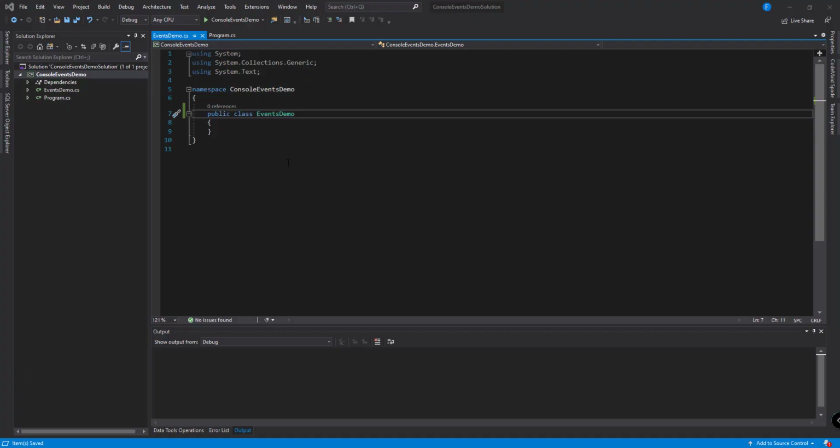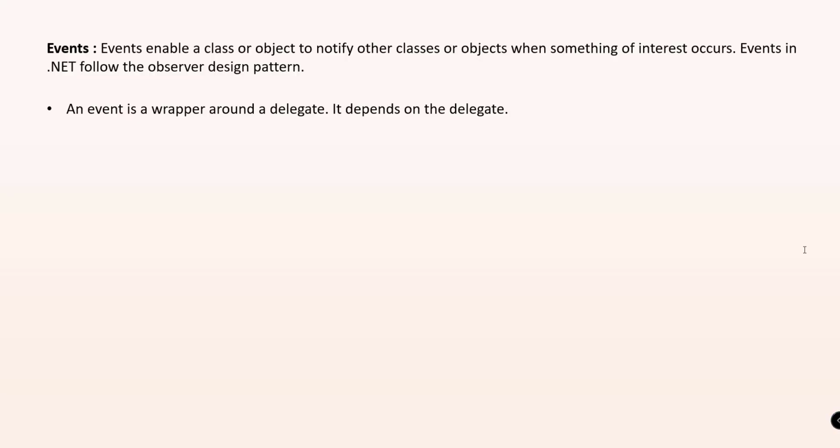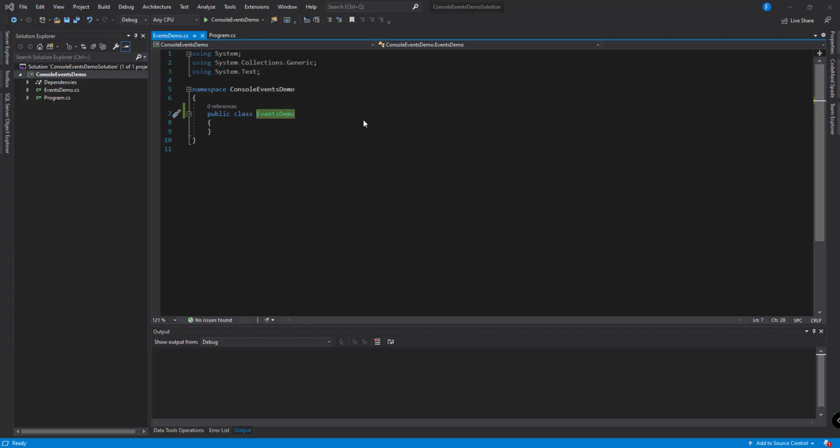Let me switch back to our project. We have created the EventsDemo class. Let me create an event. To understand that an event is a wrapper around a delegate, I will create a delegate first.